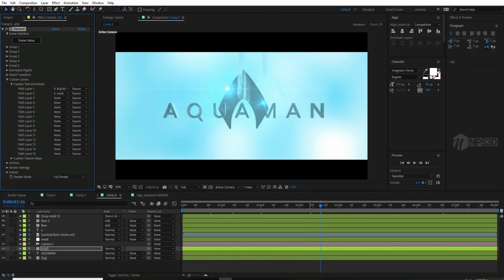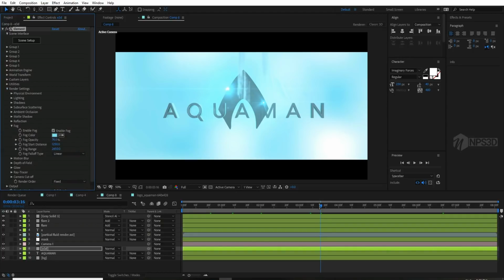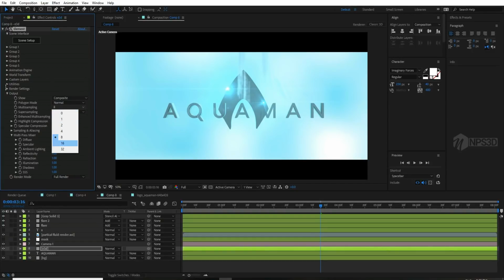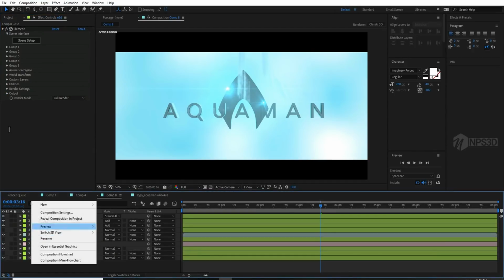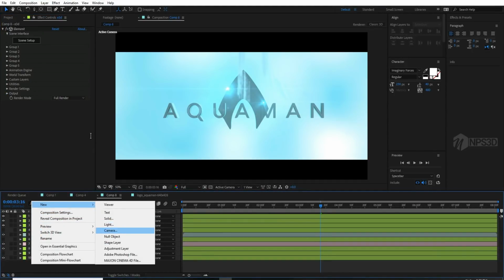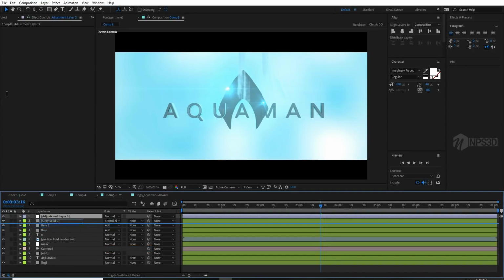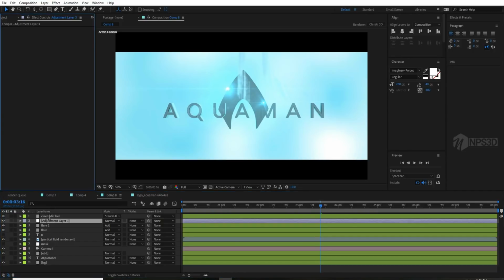Go to the render settings, go to the output option and enable super sampling, enhancement, and the sampling and anti-aliasing is 2. And let's create a new solid, an adjustment layer, and put it before this cinematic fill. And on the adjustment layer, let's create a Lumetri